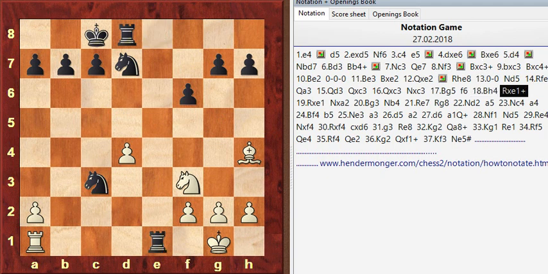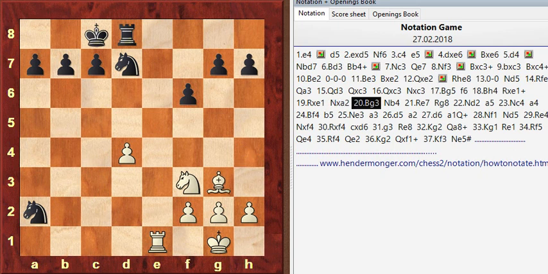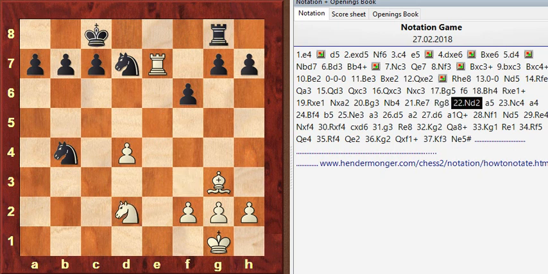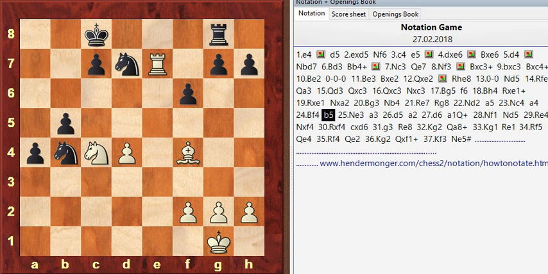So rook captures e1 and that's check. That's attack on the king. Rook takes on e1, knight takes on a2, bishop to g3, knight to b4, rook to e7, rook to g8, knight to d2, a5, there's a pawn move, a5, knight to c4, a4, pawn move, bishop to f4, b5, knight to e3, a3, d5,